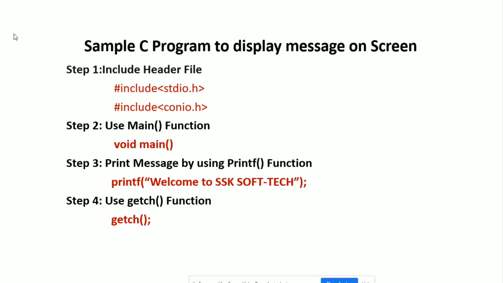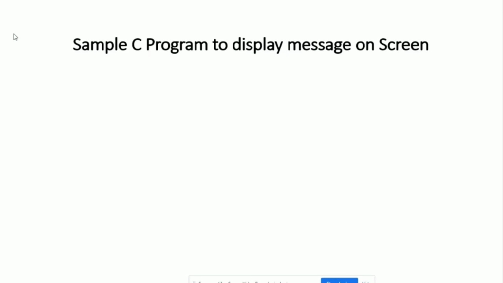So this is the theoretical portion to write the C program. Now we will discuss how we need to write this program. First of all, we need to include header files which are required for our program. Here I just want to display a message on the screen, and this program is very simple, so it requires only two header files, that is stdio.h and conio.h.